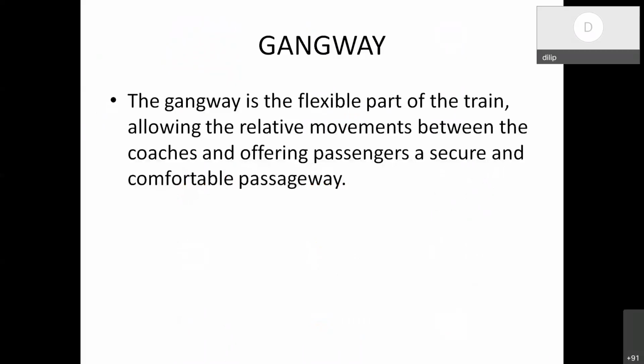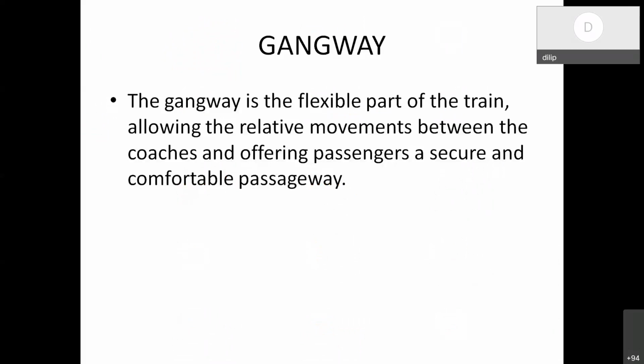Because both the coaches will have relative motion because of the curvature, because of the clearances in the suspension, because of the aberrations in the track. Two coupled coaches will always have a relative motion. So the gangway is this flexible part of the train allowing relative motion, and it offers passengers a secure